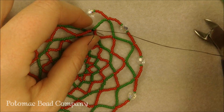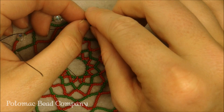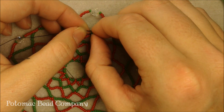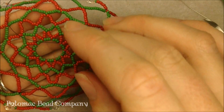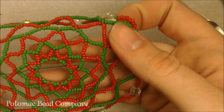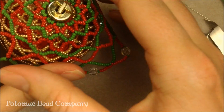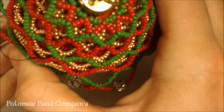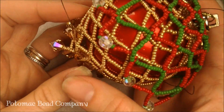I'm going to take advantage of having that little cording end there, and I'm just going to knot this one more time to it. I'm going to glue my ends then. Give a nice little tight knot. I'm going to glue all my ends, both the start and also the finish knot. And then all you do is you take your Christmas ball and you just slide the ornament cover over, kind of push it down, and then the weight of it, it'll just hang right on the ball, right over your